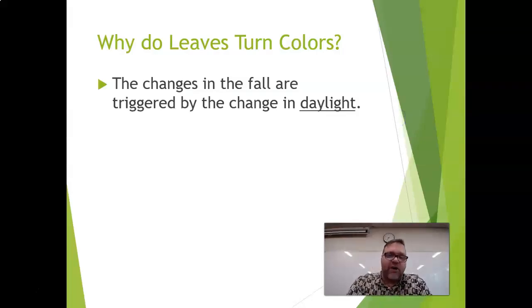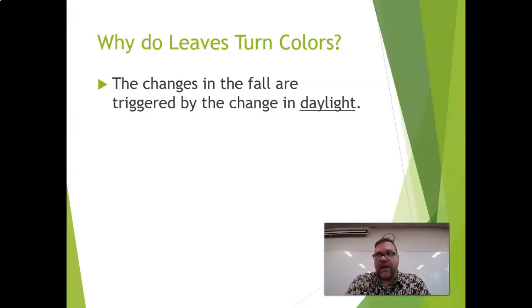The changes in fall are triggered by changes in daylight. So it's not necessarily the temperature. It's the amount of sunlight that a plant gets over the day. That's why, if you're living close to the equator, very often a lot of those green plants don't change colors in fall, because they're constantly getting enough sunlight, even though they're farther away in our trip around the sun. They're still at the equator, which is facing directly toward the sun. So in the northern hemisphere, we're tilted away and we're further away, so we get less daylight,